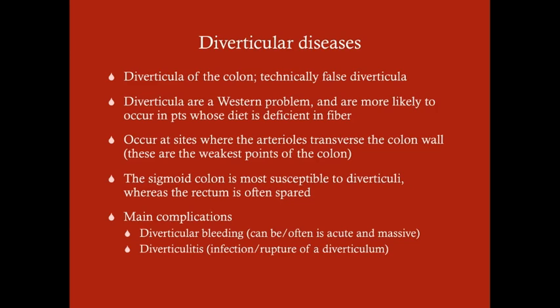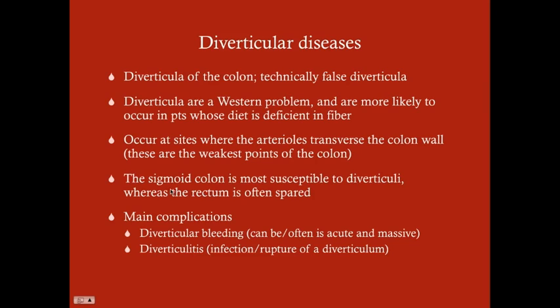The places where the diverticula form are the same places where the arterioles traverse the colon wall, and this also happens to be the weakest point of the colon, and so that's why the diverticula form there. If there's any place where the colon wall is going to bulge out, it's going to be in the weakest point. Now, it's important to know that the arterioles traverse here because